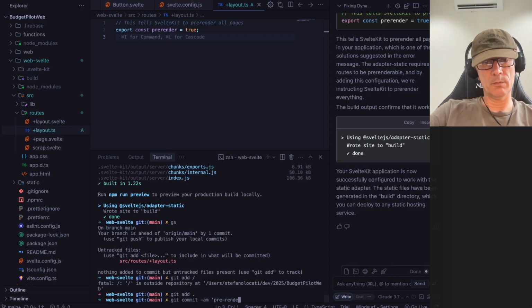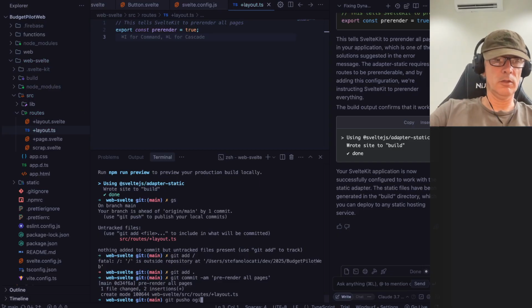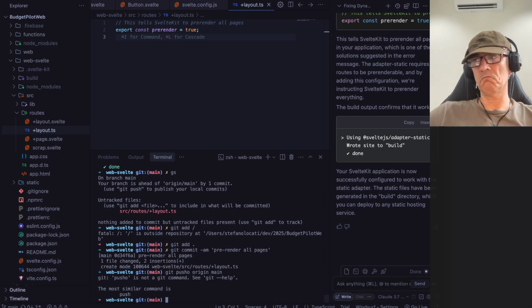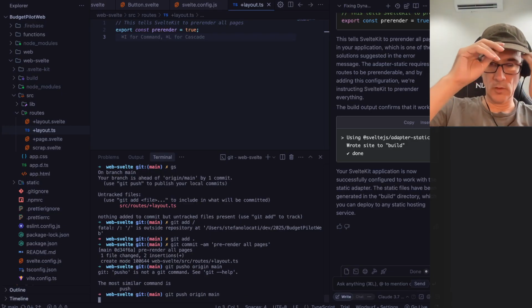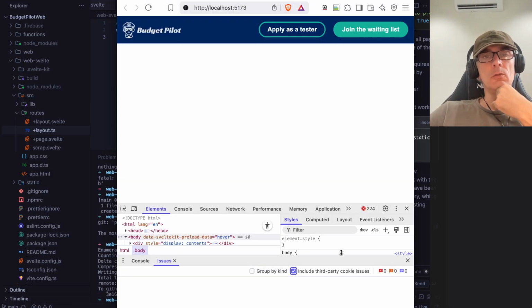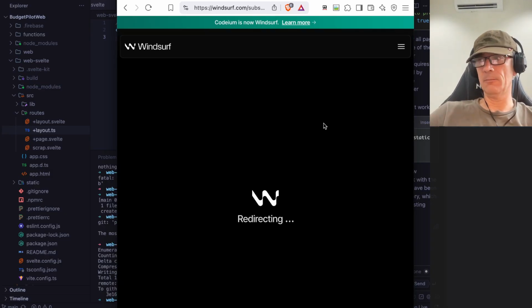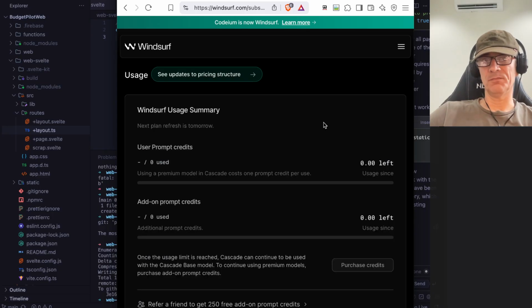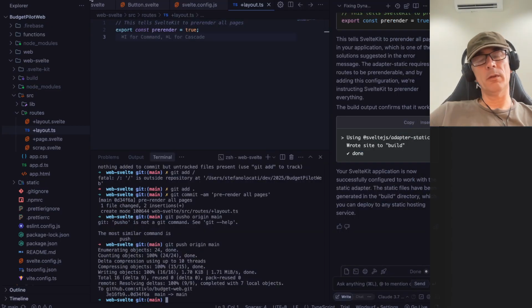Prerender all pages. And we're just working in the main at the moment because we don't have anything deployed, but I guess soon we could create a branch. Okay. Okay, now I want to be able to deploy this thing. How many credits do we have now? 80. I want to be able to deploy this thing